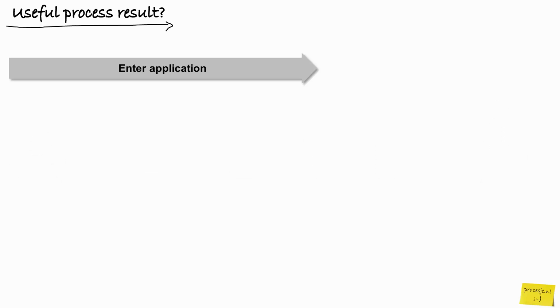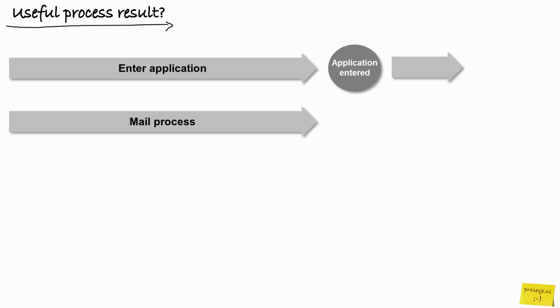For example, sometimes I hear we have a process to enter the application, which leads to an application entered. And I always ask then, okay, is this what your customers want? And then, oh no, they want more. They want their application processed and getting some product or service. So probably this is just the start of a process. Sometimes I hear mail process. Let's turn the name into deliver mail, and then you got mail delivered, and then you could ask, is this what your customers want? If you're not a mail company, I don't think so, because this is probably the start of a process. This is the way you communicate with your customer, so not a process on its own.